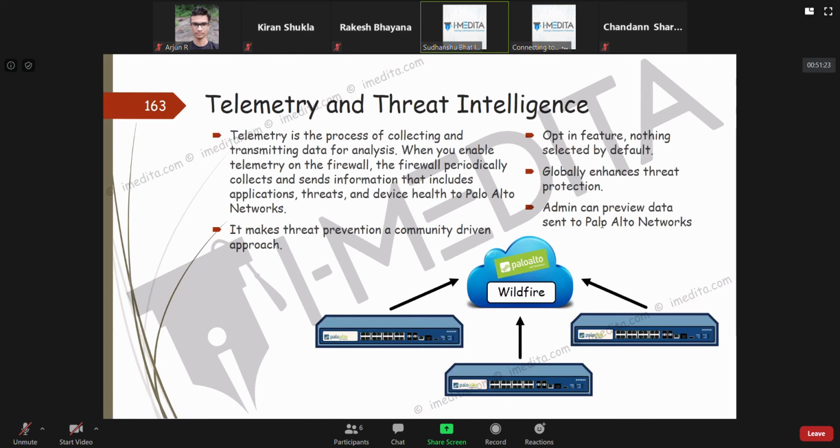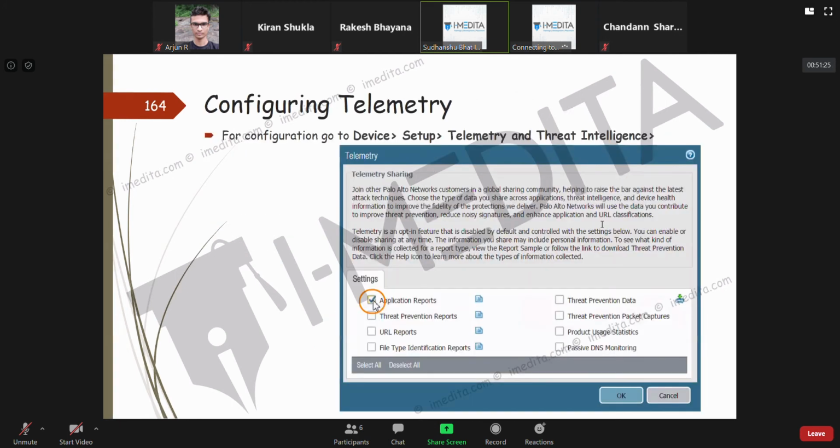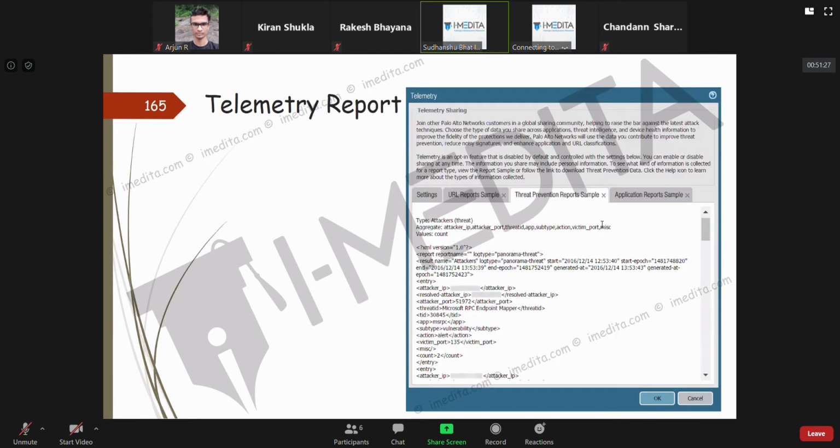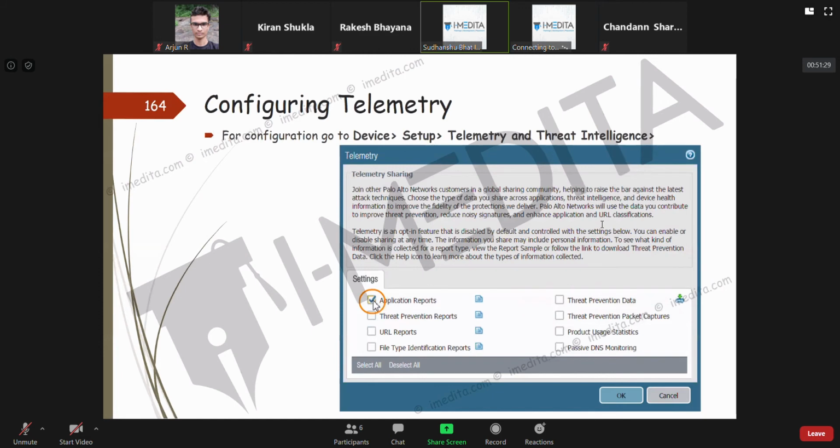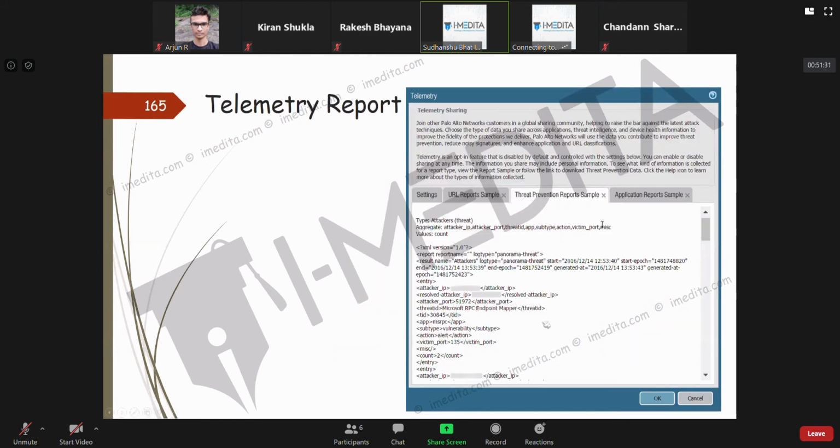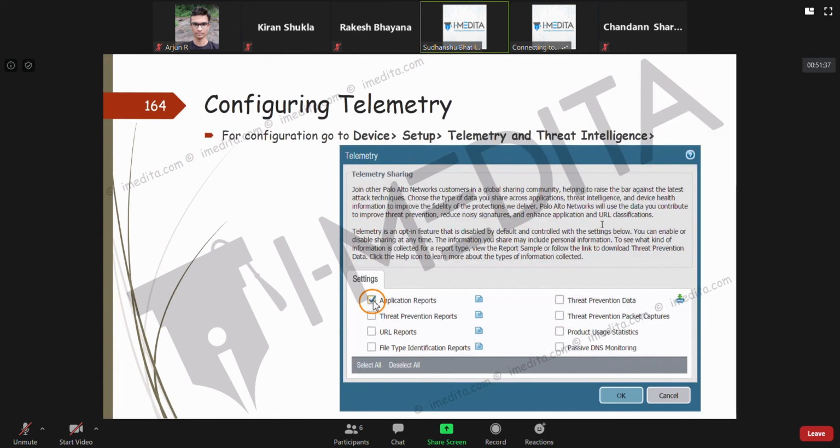This is what a sample report of telemetry looks like.